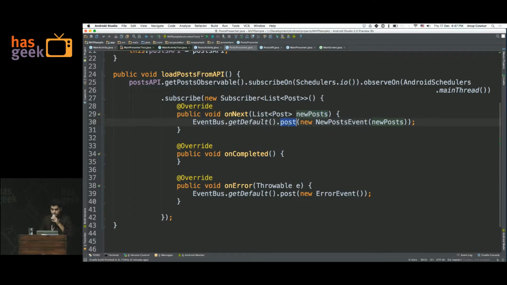And in this case, we're not making the post activity implement an interface and call a method on it. We're just going to use an event bus and post whatever new post we've got onto the event bus, and we're going to subscribe to it in the activity and get it back.